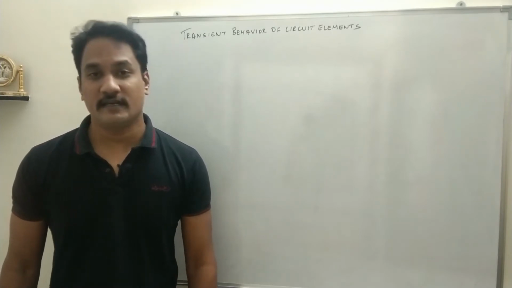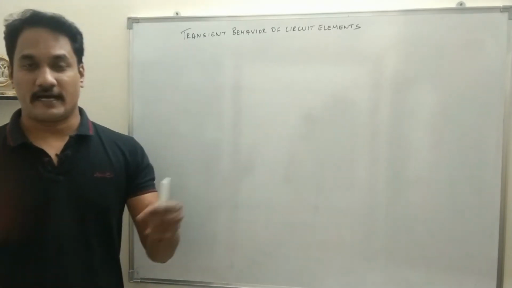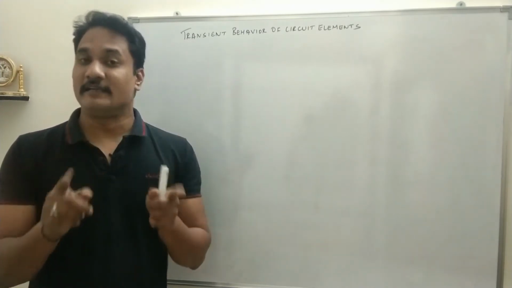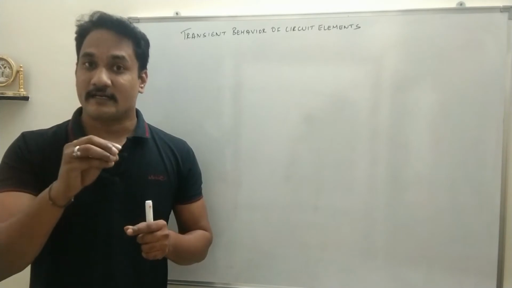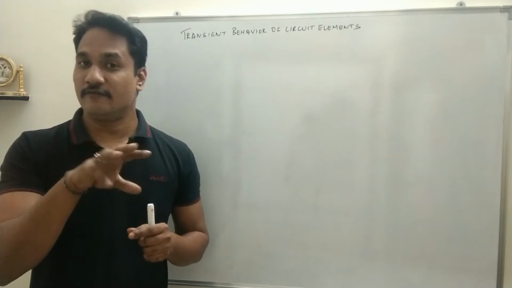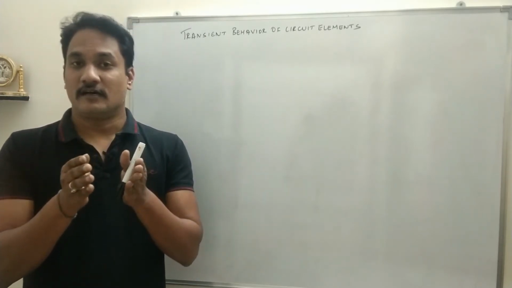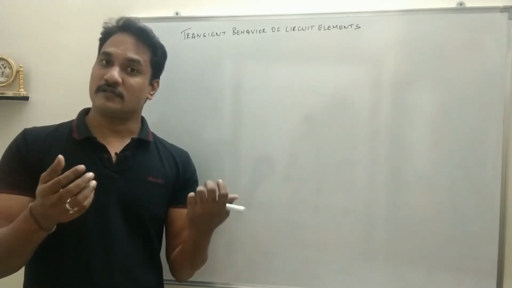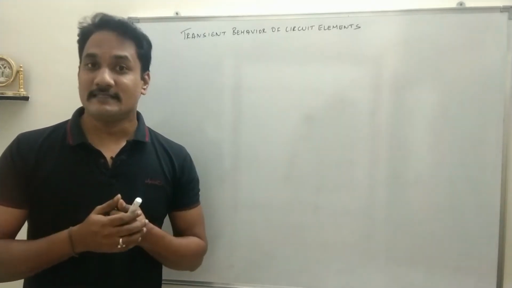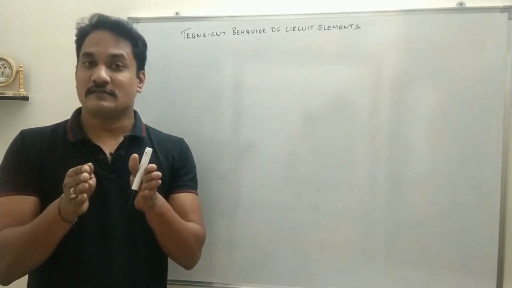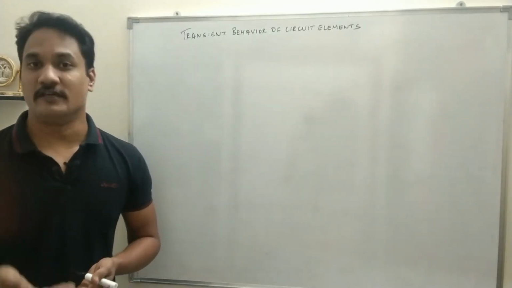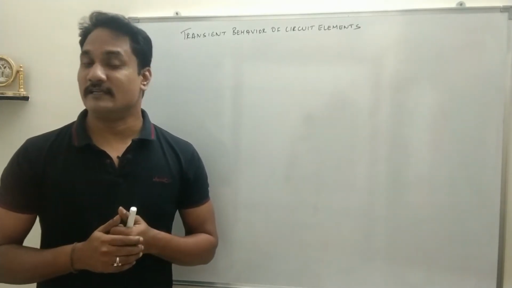What is an inductor? An inductor is nothing but a length of wire which has been coiled, right? And when current flows through the coil, a magnetic field is produced. That means the inductor stores energy in the form of a magnetic field, right? And in the absence of a source, this magnetic field will dissipate through the resistor, right? So how this energy is dissipated through the resistor is nothing but the transient behavior of the circuit where you have only resistance and inductor.